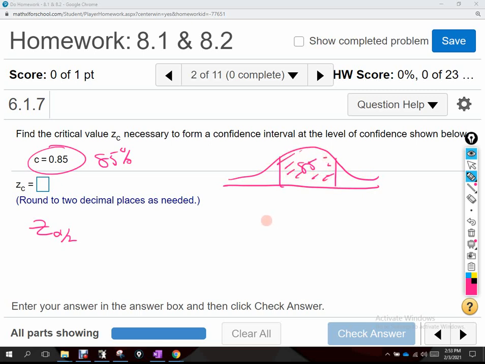So when they say z sub 0.85 here, because that's what the c is, the way we've been thinking about it is that it should be z sub 0.15 over 2, or z sub 0.075. Does that make sense? Then in my table, that's the number I'd be looking up, or I'd be looking up 1 minus that in my table. So if I look up 0.075 in my z table,